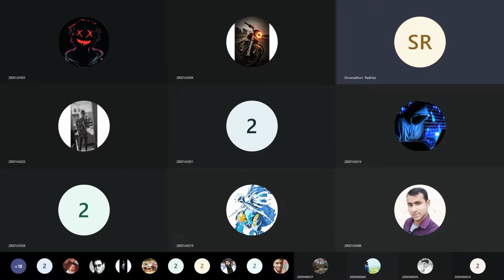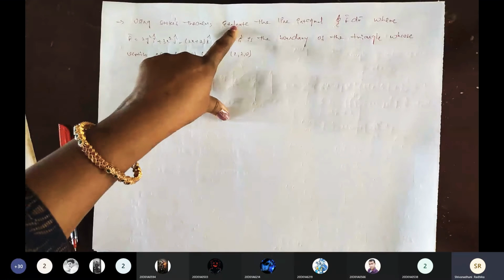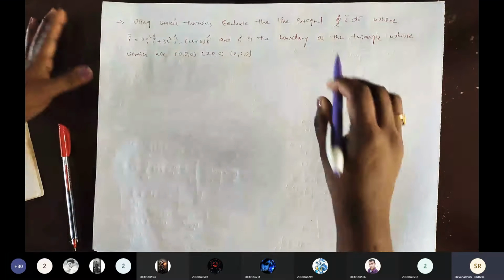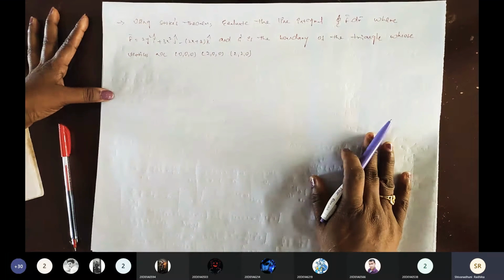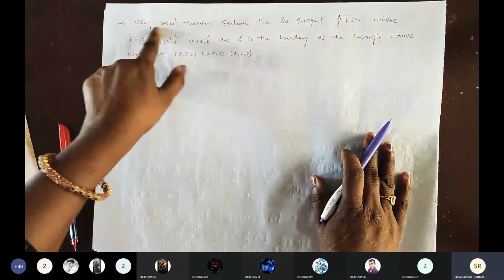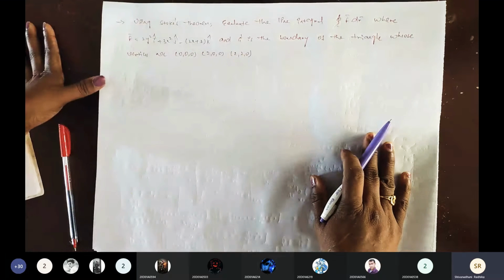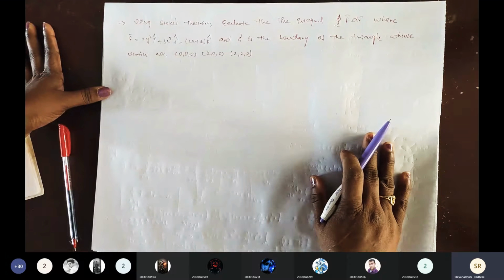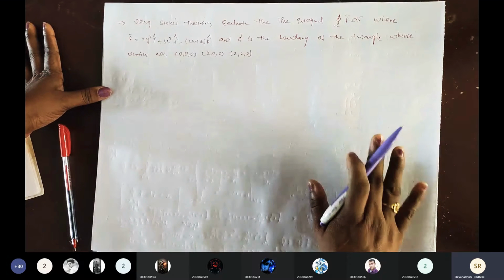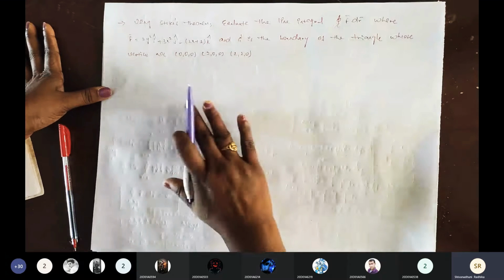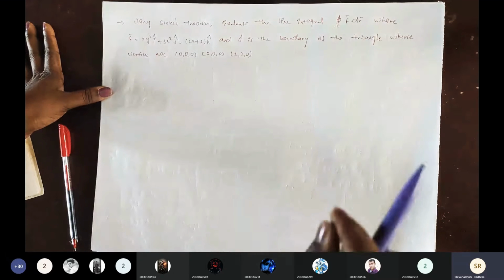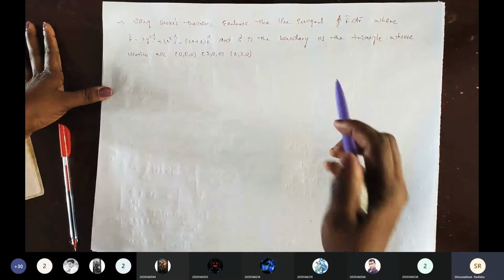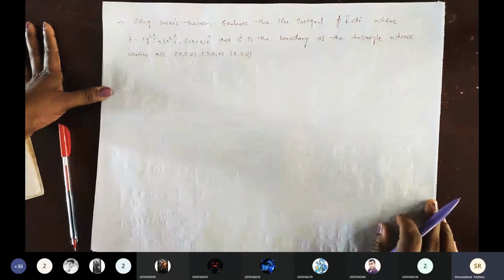This is the Stokes theorem. The Stokes theorem belongs to the evaluation problem, and in evaluating the line integral, we are going to find only the surface integral, which is not verification, right? In verification, we are going to find both LHS and RHS. But here, we are going to find the surface integral for the given question. Then the surface integral answer should be equal to the line integral. Is it clear, all of you?